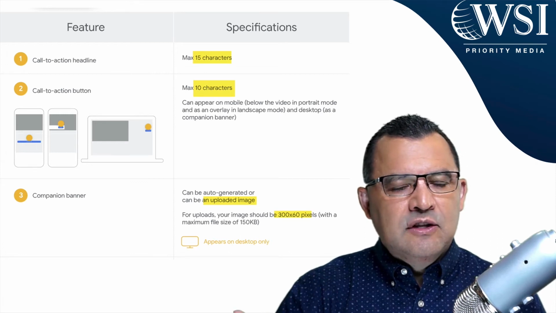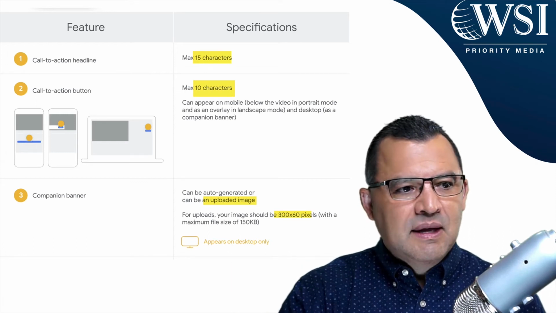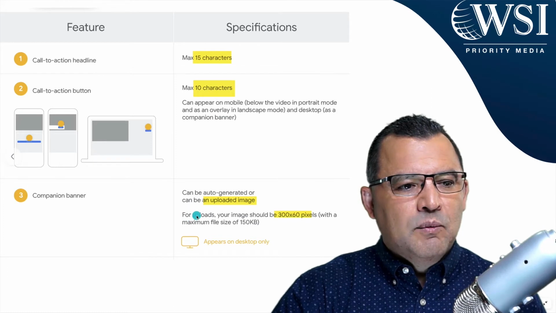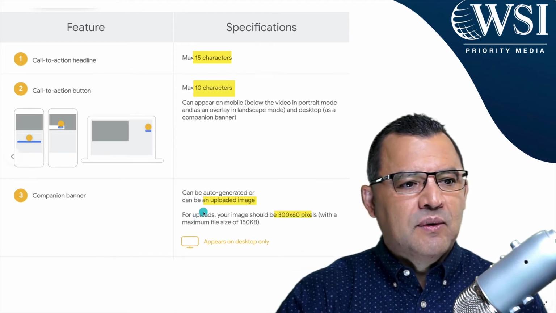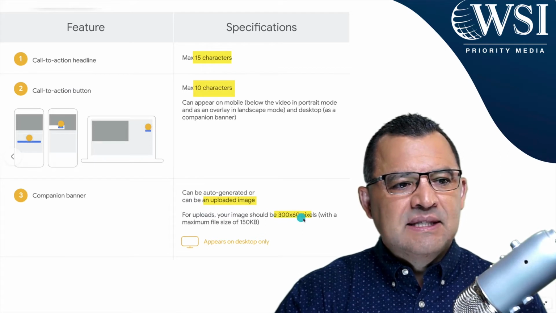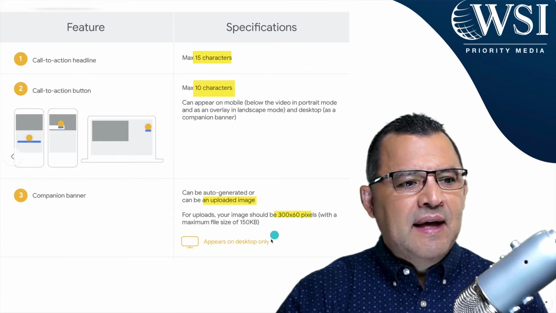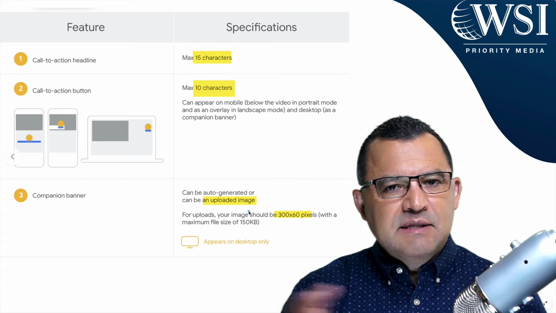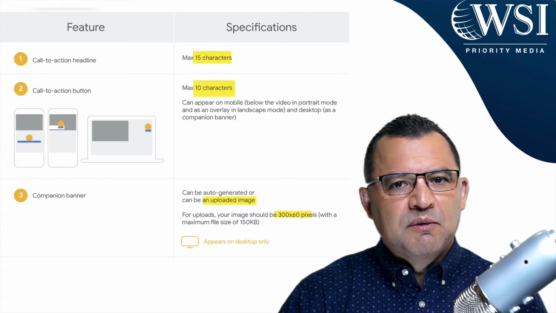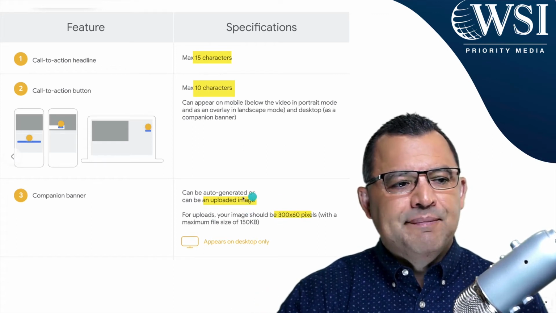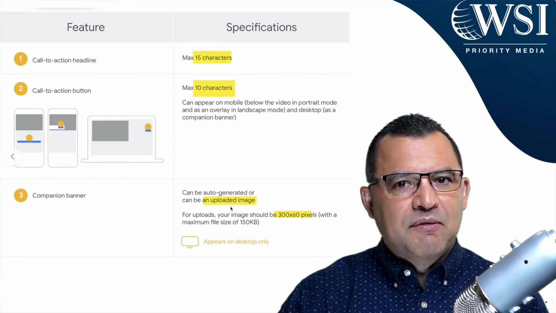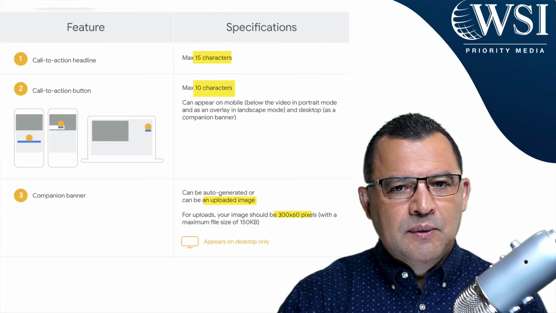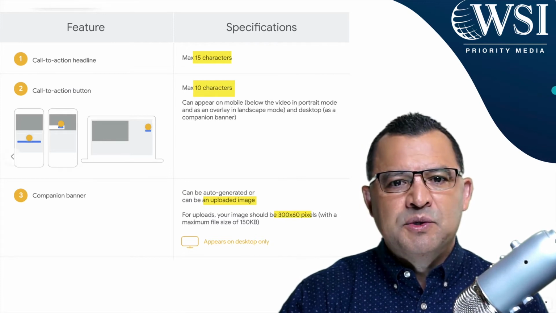But I like to be able to create our own custom banner right here because we're really driven towards action, what that message is that we want to create. It gives you a 300 by 60 format, and you just upload that. And if you want to test both ways, you can run both and see which performs better for you. But our campaigns have usually shown that by uploading an image, we get better performance by being able to really zero in and target what we want that visual to be like.